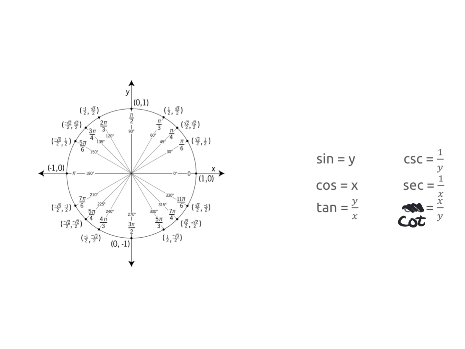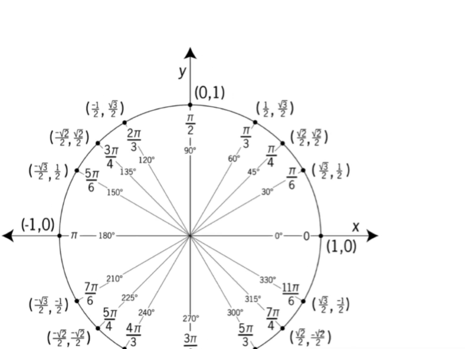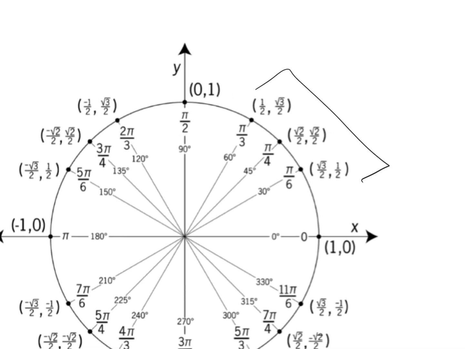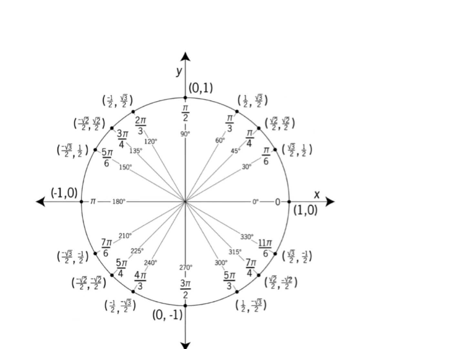Now, as far as the tangent, if you take y divided by x for each one of these three ordered pairs and you already divide the y by x ahead of time, then when you go to search for something, it'll make it a lot easier. So my advice to you is, in addition to memorizing all these coordinates and all the degrees and the radian measures, also take the time to do pi over 6 and go ahead and find the tangent of it. Because if I ask you to do tangent of pi over 6,